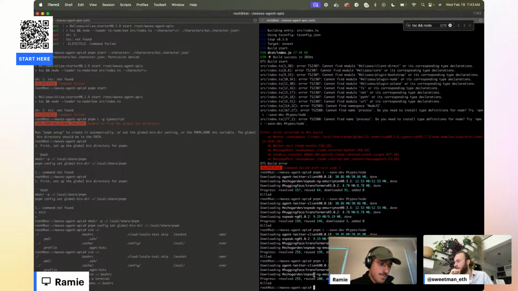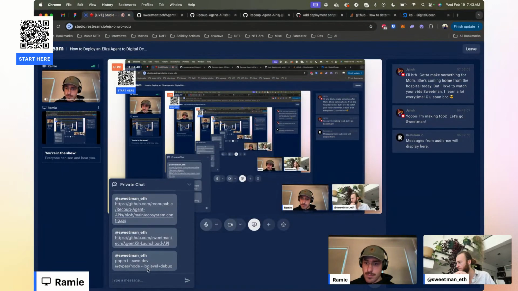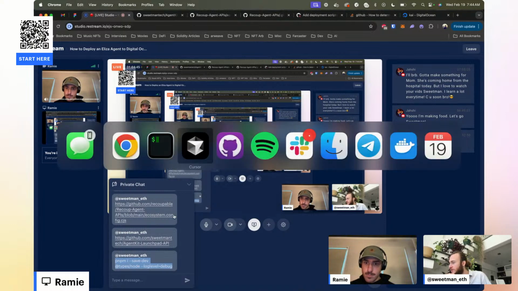Chat's first response is that the killed message is often indicative of a process being terminated by the system, usually due to out of memory, like you were saying. To get more verbose logging, we can add a log level debug at the end of this. I'm going to give you the same command with what it just suggested. Can you try, send a private chat? Got it. Add a log level debug to the end. Let's see if that gives us